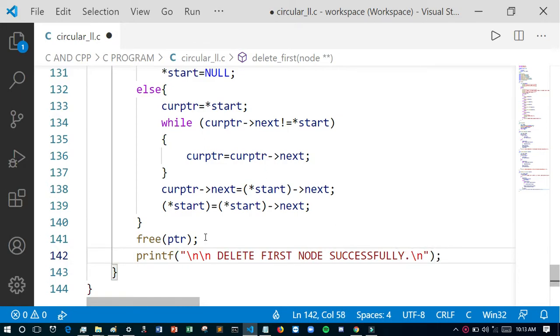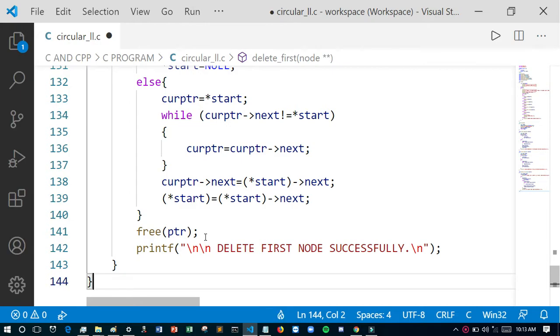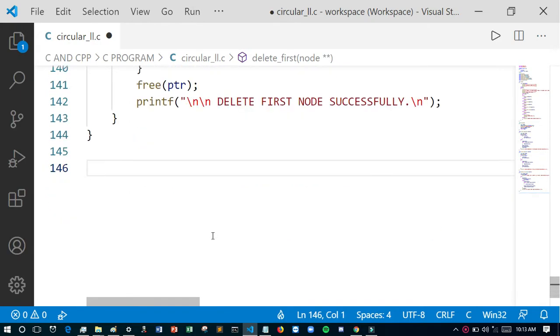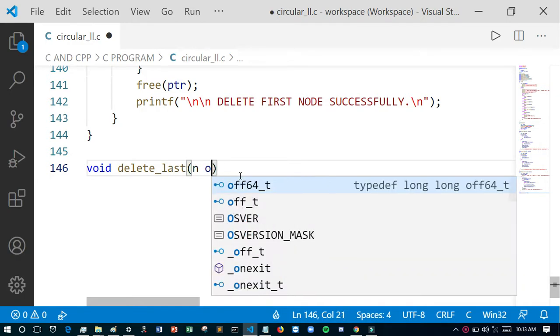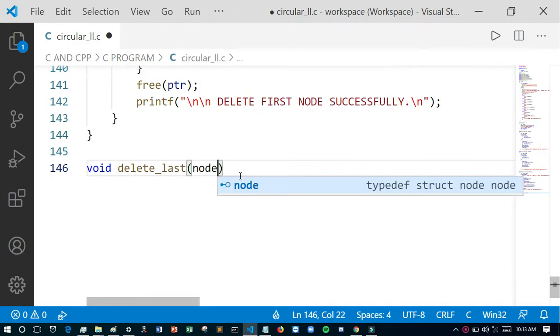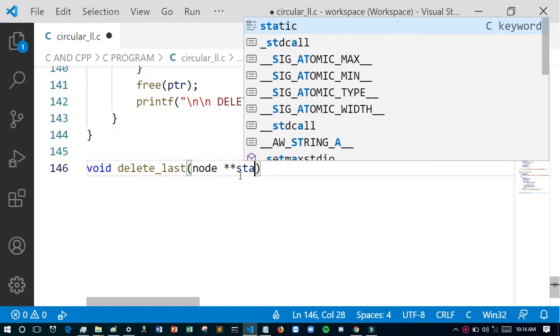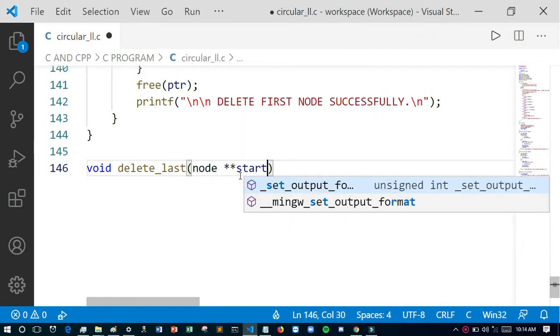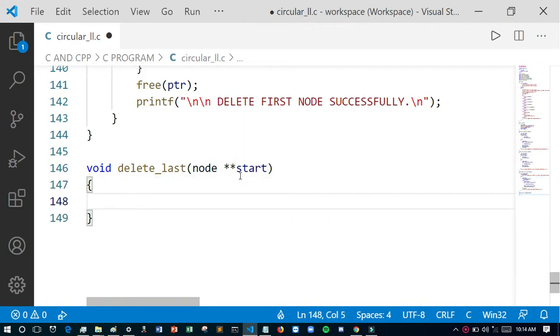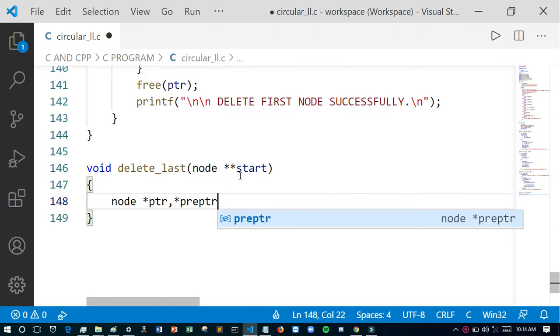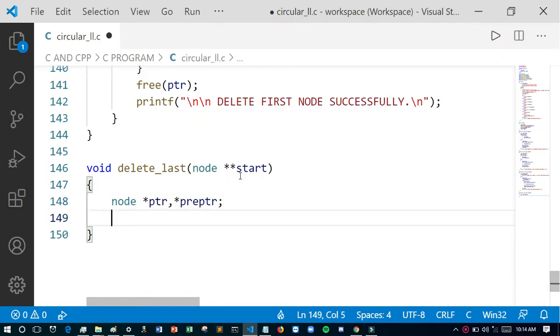Okay, done. We have created delete first node. Now we have to create the delete last node. Void delete last. We just want to create, as we have done, some parameter, and we will create some variable which will help us to modify and delete the node.